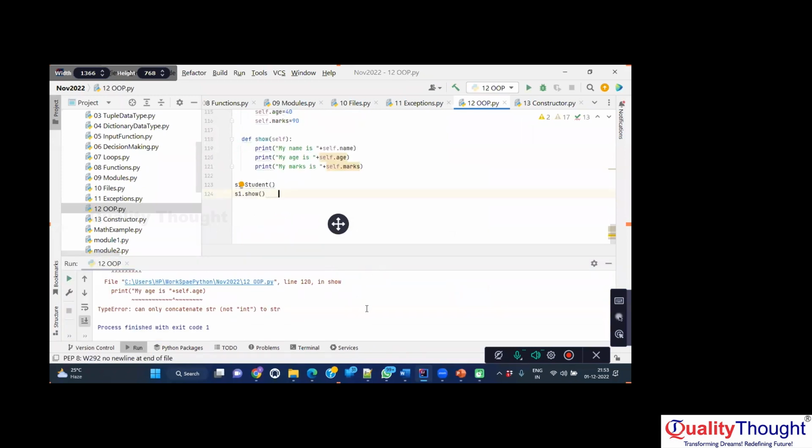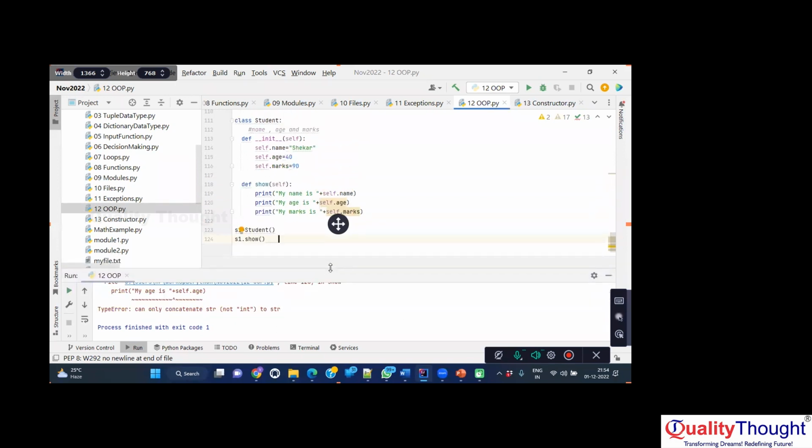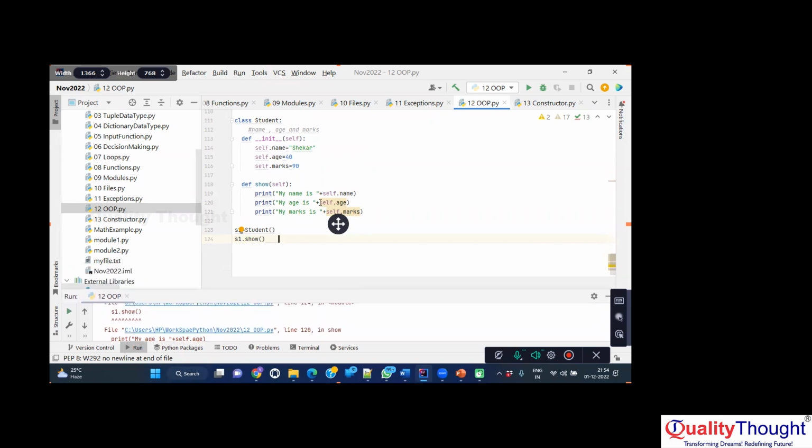My age is can only concatenate string and not integer. Okay, near age it is failing. str